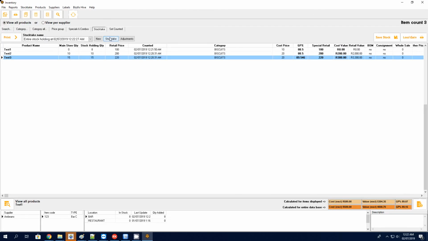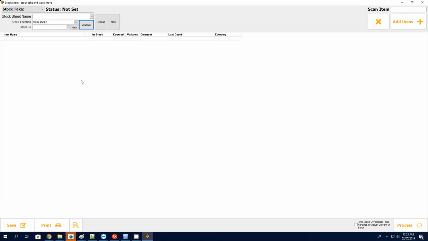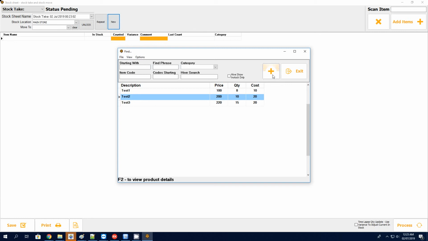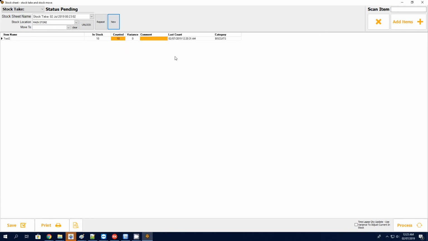So let's cause an actual gain in the system. And let's say we need to give it a stock take name. And moving over, let's take this item and we're going to increase the quantity to 2. So the variance is 2. I'm going to process this item,